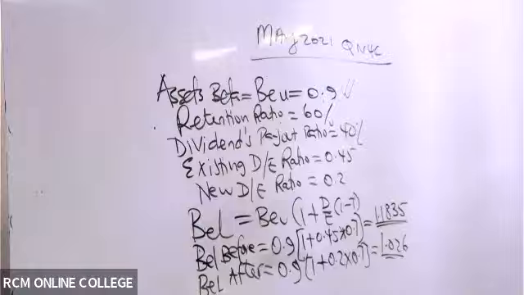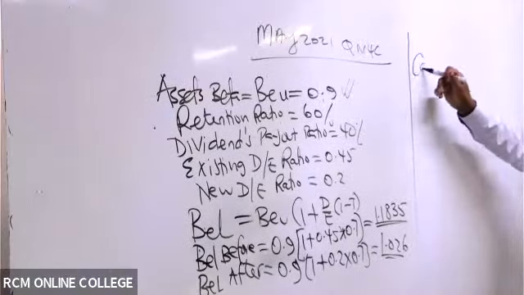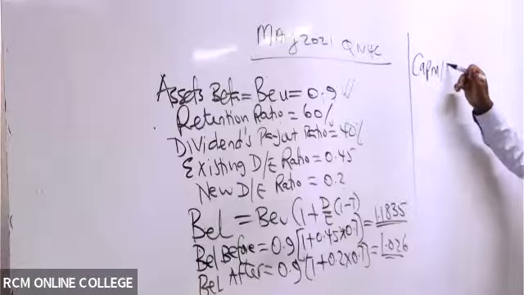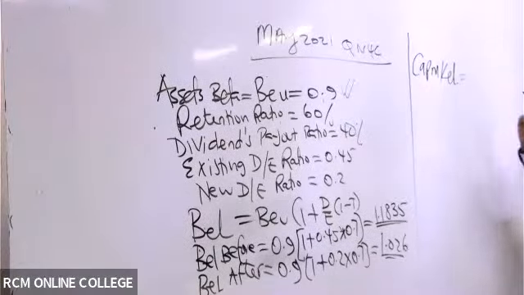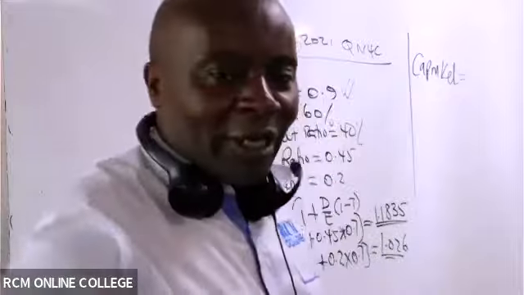After you've gotten the beta, you get the KL, isn't it? KL, but you write, we are using CAPM, isn't it? We are using CAPM, so you give us CAPM, cost of equity of a levered firm. The question is, shall they be able to remember the formula of getting this KL?